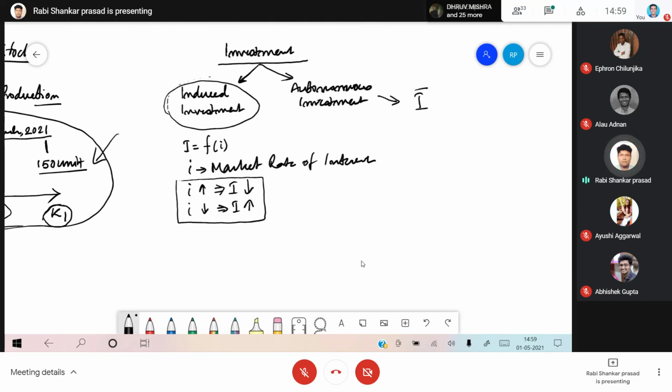This is one of the examples I'm trying to say. If you take all the investment of a particular country, then you can divide all investments into two categories. One type of investment is autonomous investment. Autonomous investment means it does not depend on factors like rate of interest, level of income. It's just a policy decision of the concerned authority, and generally this type of investment is done by the government. Why am I using the word generally? Because sometimes even the private sector does that.